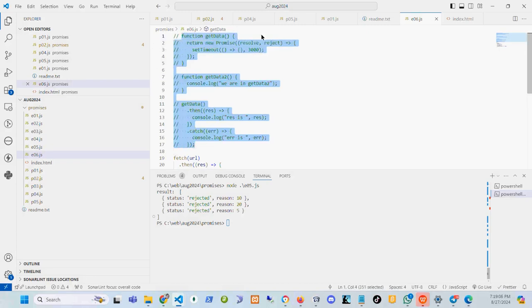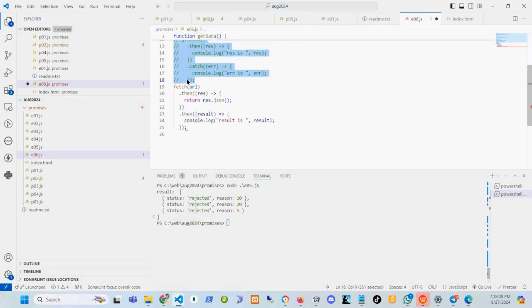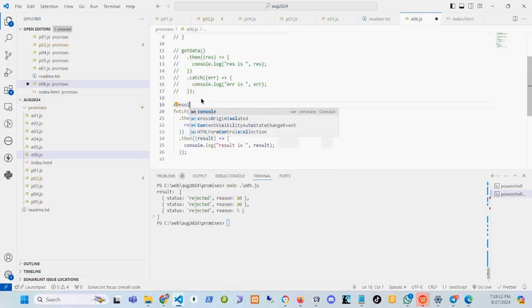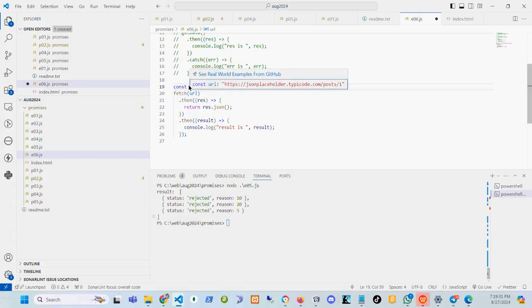Let's talk about this fetch part. Let me show you one URL and how it works. I will put some mock URL here. This is the URL, and it points to a dummy JSON file. I call this URL,